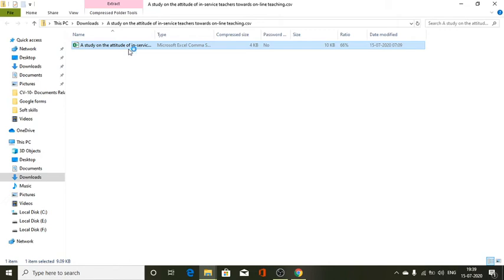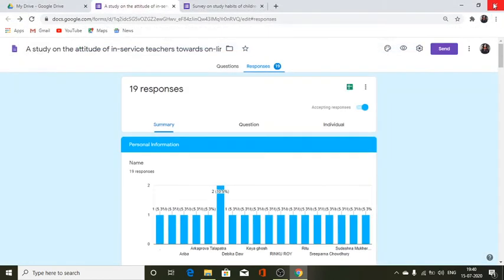So again, it has been downloaded in an Excel form. So it spares you from the labor of creating your Excel sheet separately, the way we enter data and tediously kind of we have to type in each and everything. So we don't have to do that in case of this particular option. So now let me close this and come here.